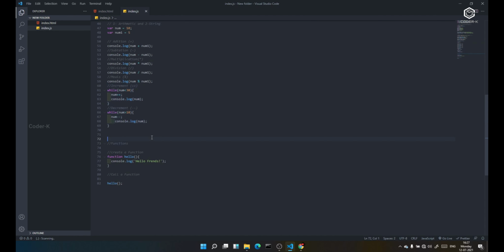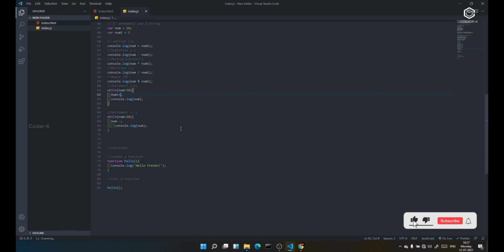Here we discussed the while loop, how the increment operator will work, and there is another increment operator, guys, like num plus is equal to 2. In this way, num minus is equal to 2. In this way, it will add by 2, guys.